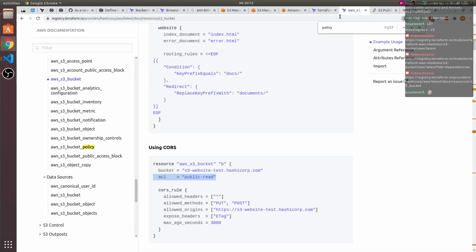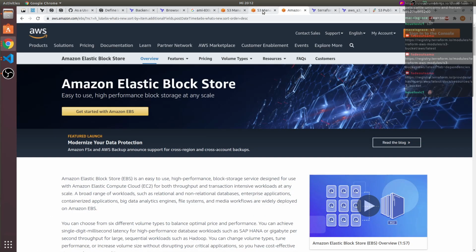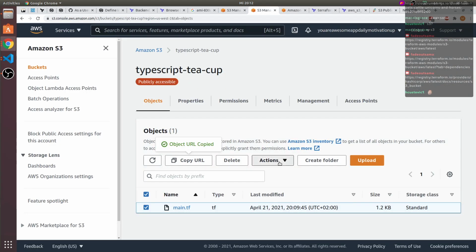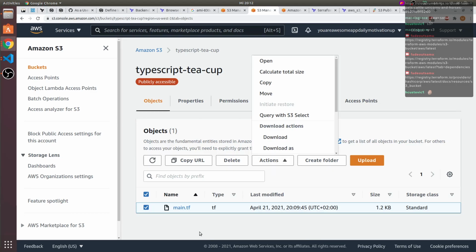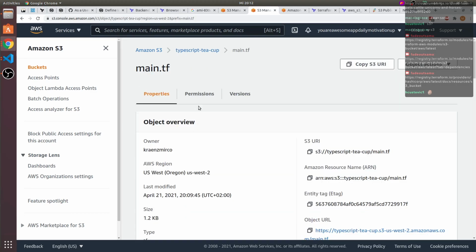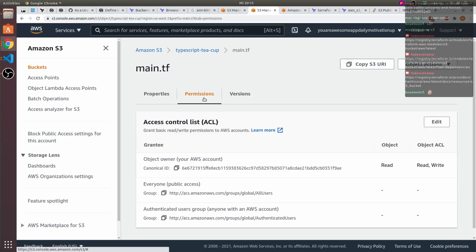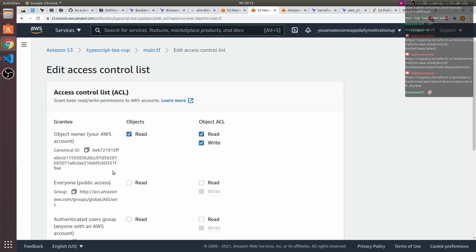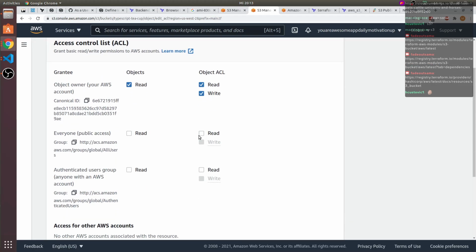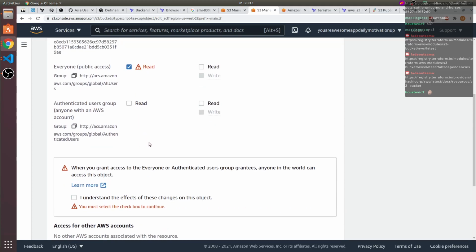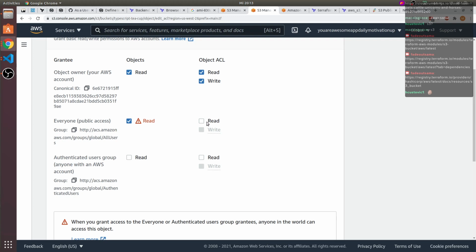I do know I can do it on an ad hoc basis by just, I think, clicking here or just selecting the file, go to permissions, and can edit here, for example, public object ACL. Which one of these? I suppose this one.